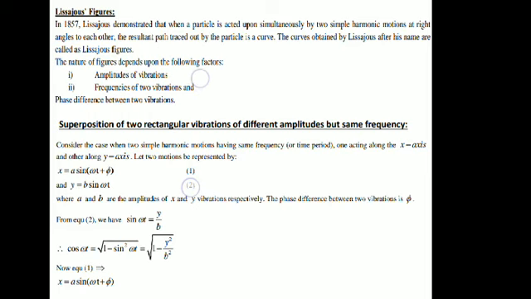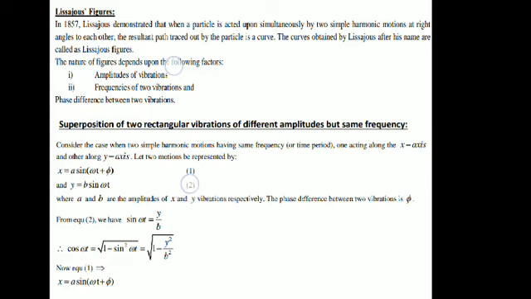So if you can see on the screen, suppose one wave is traveling along this x direction and another wave is traveling along, suppose, y direction, and they arrive at a point in a medium simultaneously. So at this particular point, if these two waves arrive simultaneously, then what will happen?